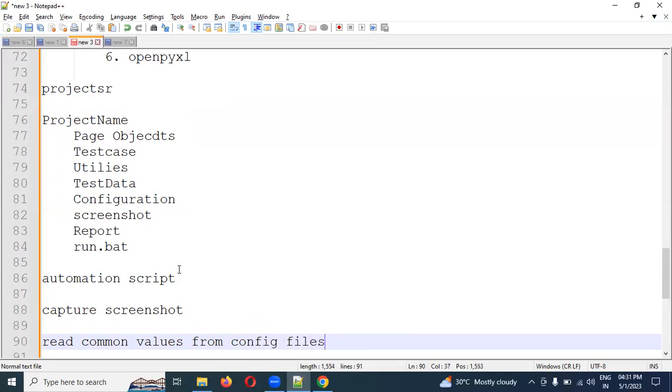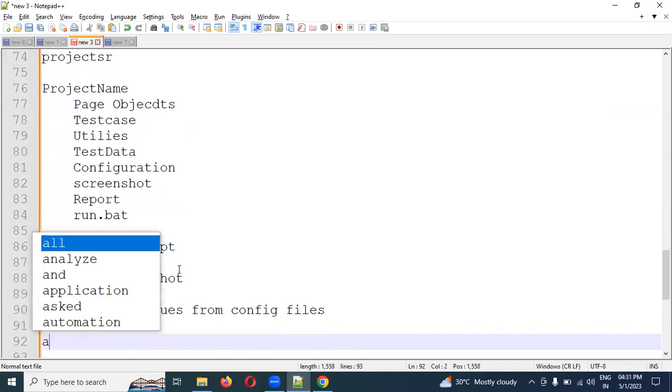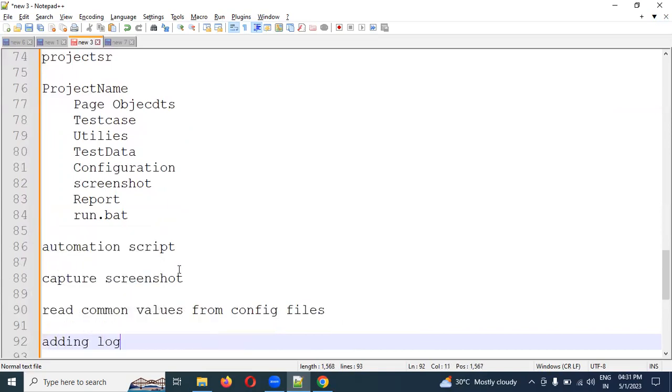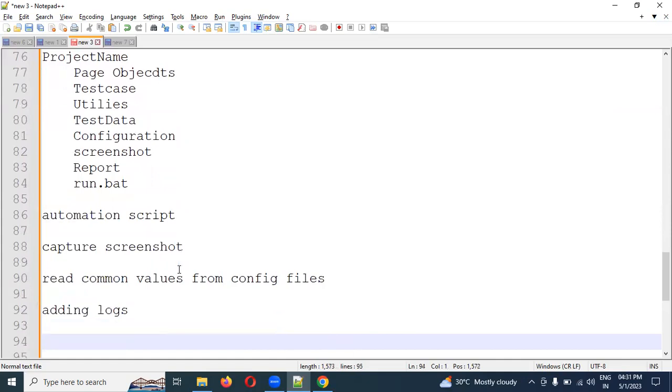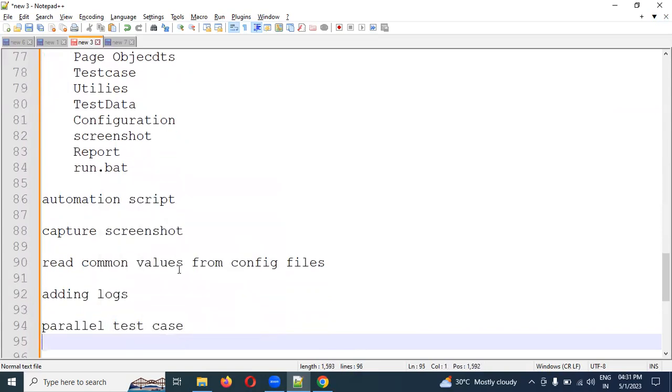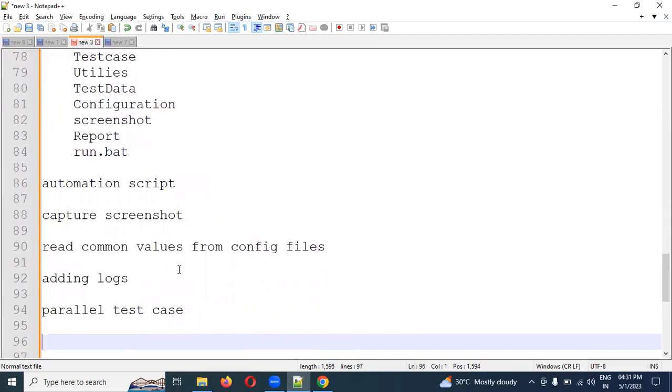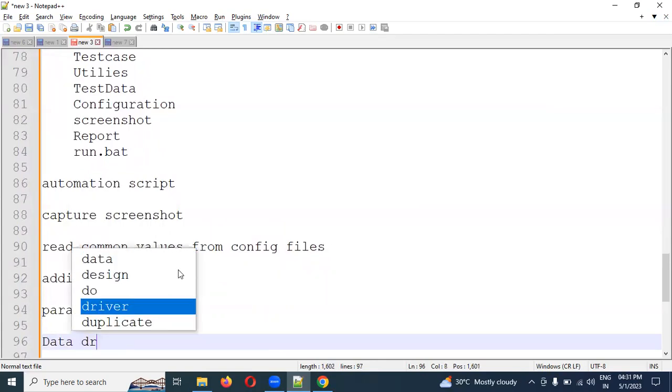Once you have the config, we can add logs. Once you have the logs created, you can run your parallel test execution. Once you create the execution, you can create the test data